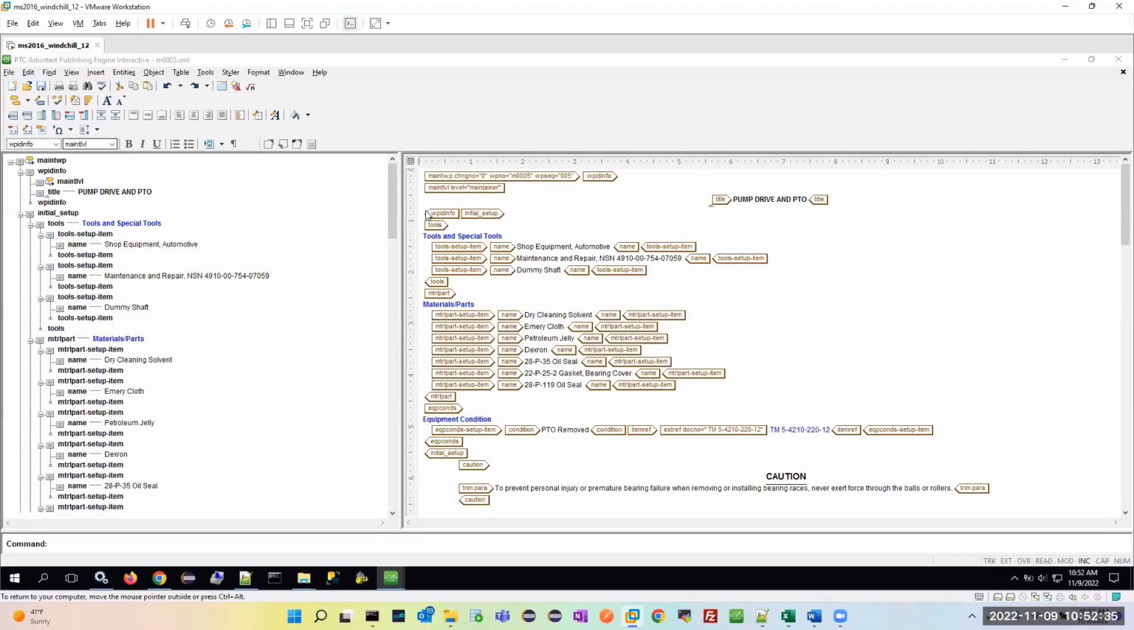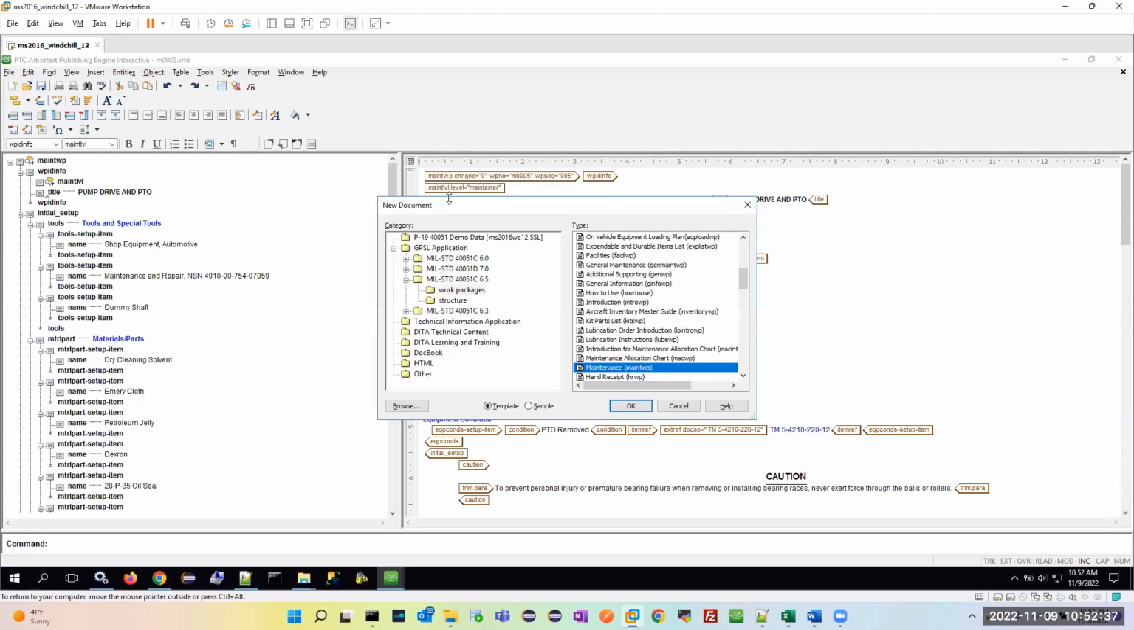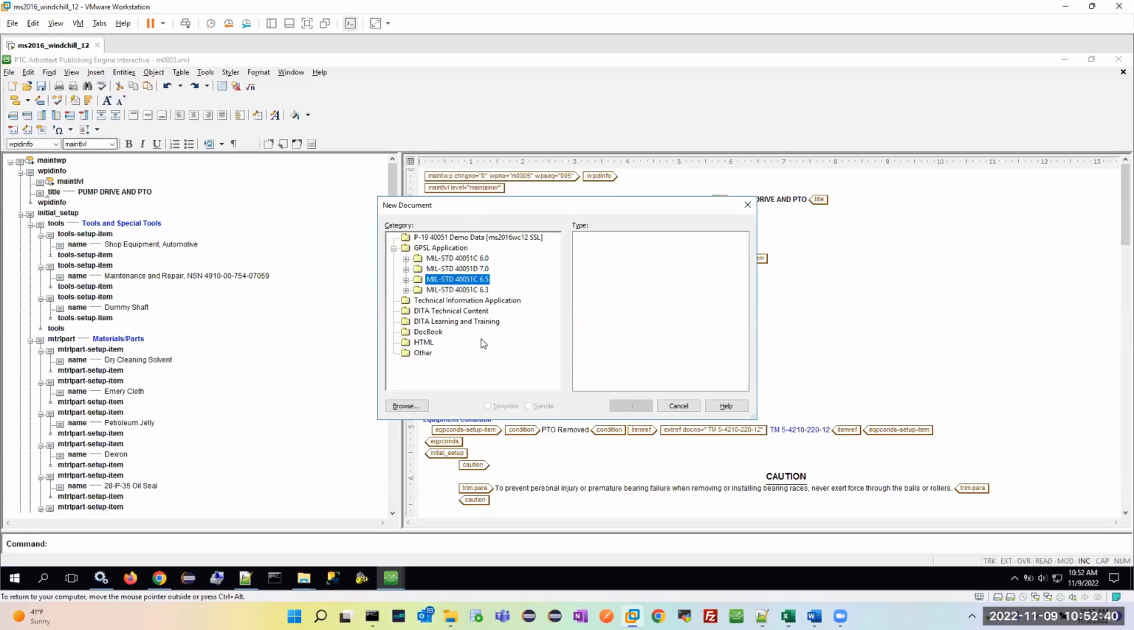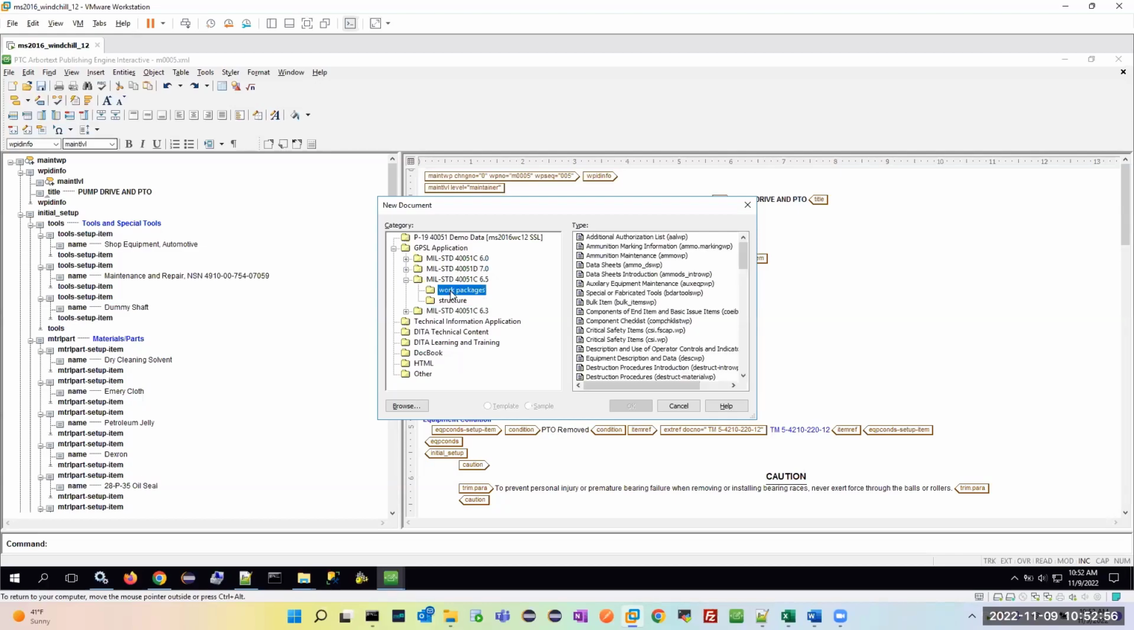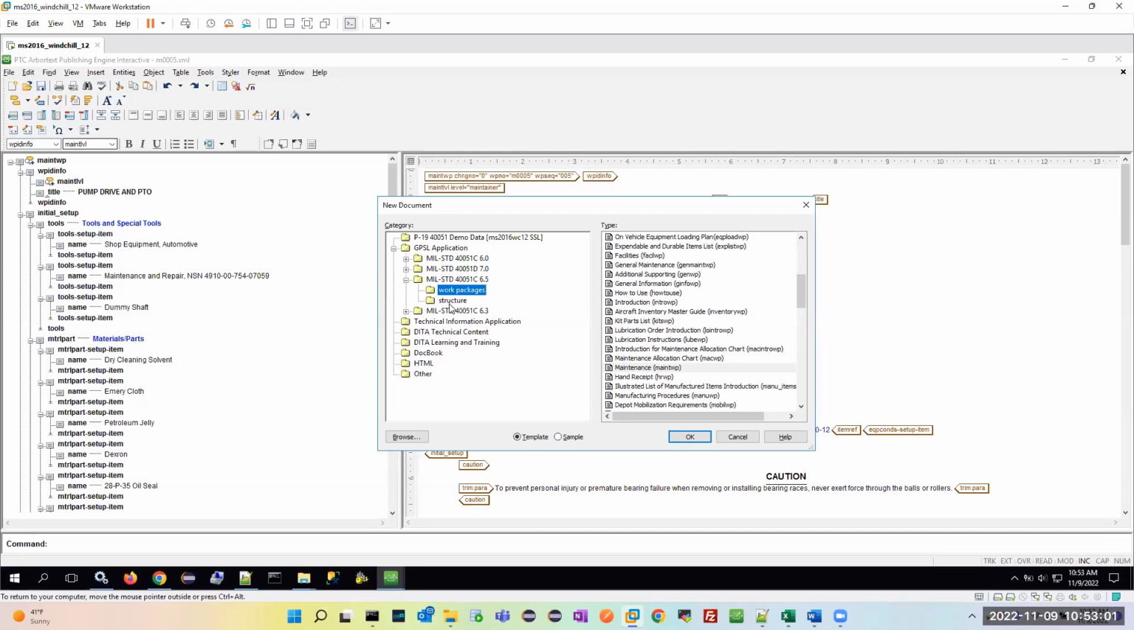So if, for example, an author wanted to go to Arbortext and start creating a new work package, they can go to our GPSL application, and there's a number of different versions of 40,051 they can choose from. And then from there, they can select and go to the work packages if they're looking to create a new work package, or if they're looking to create just a section within the pub, they can do that from here as well. But all the work packages are within this